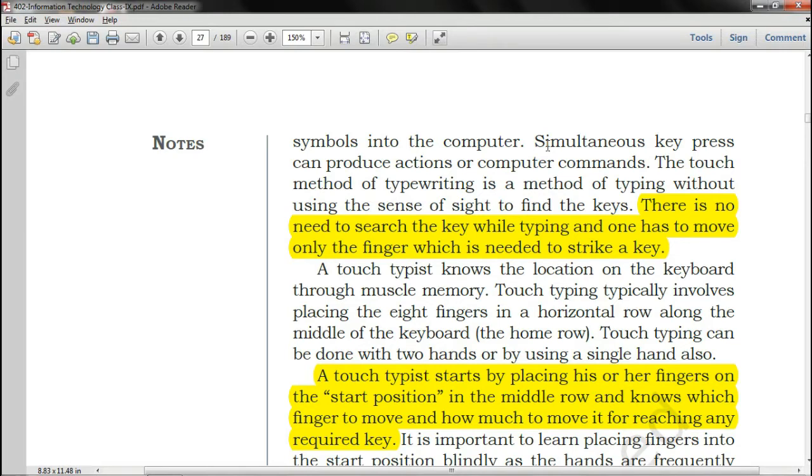Then only you will be able to type faster. Because if you keep on looking at the keyboard and then at the LED or monitor, it will be a kind of confusion.